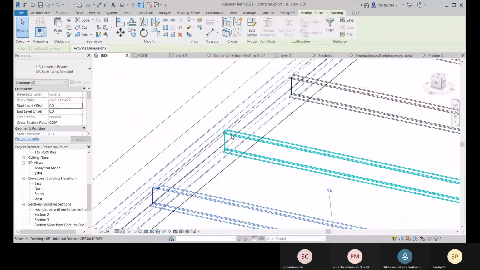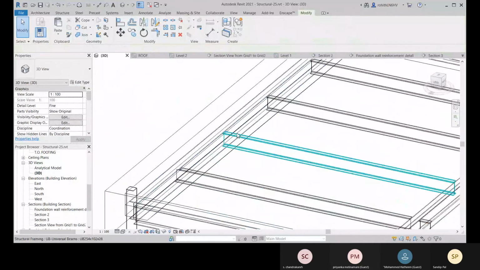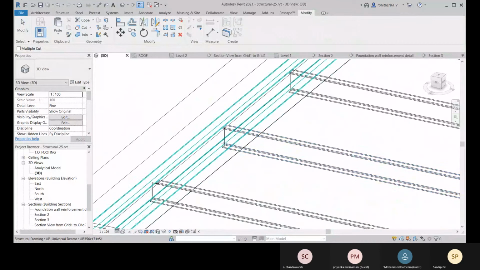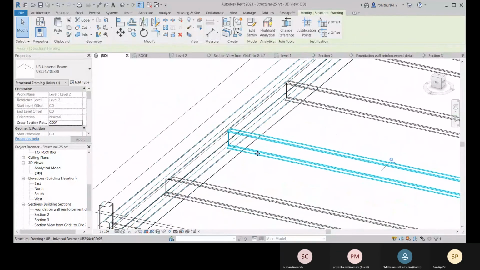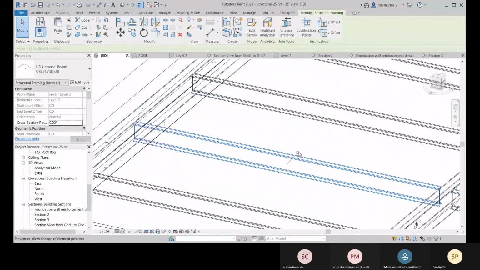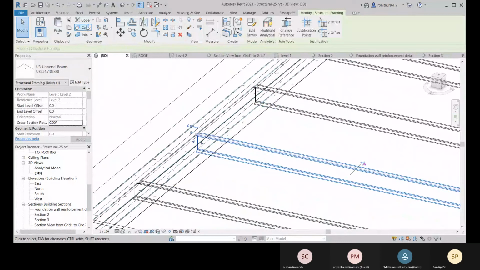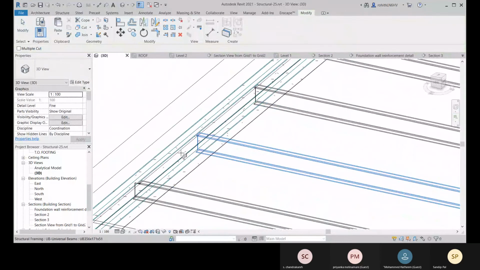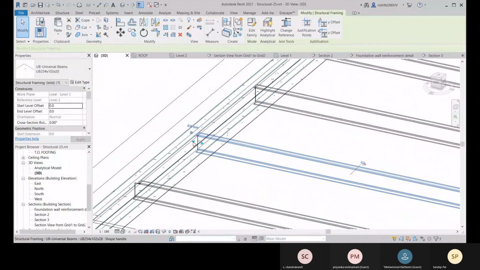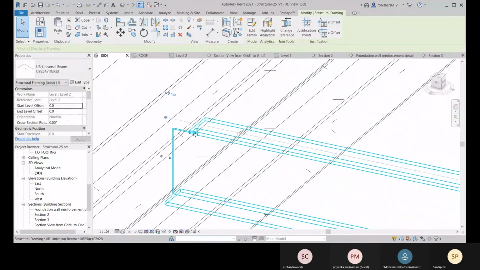But this is not coped yet, so you can choose this one first with the cope option and then this one. So for that, this one and just a second. Okay, so make sure you unpin this, then go for cope. First select this one and then this one. Just a second. Let me have it there. Yeah, right now this is coped.